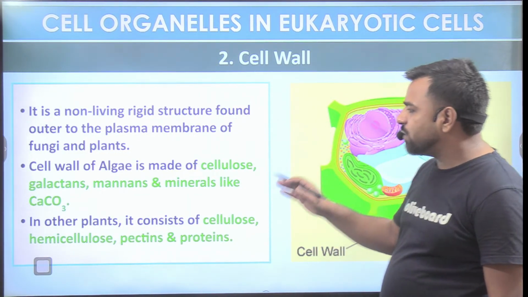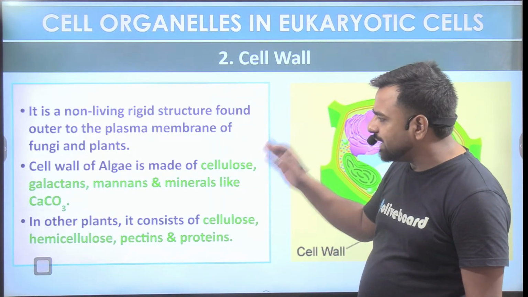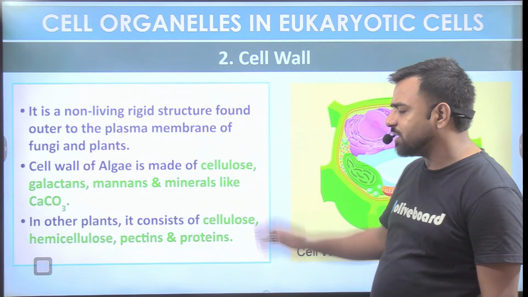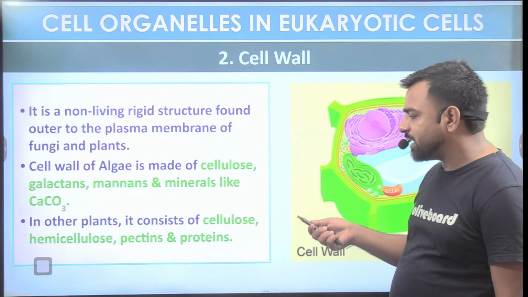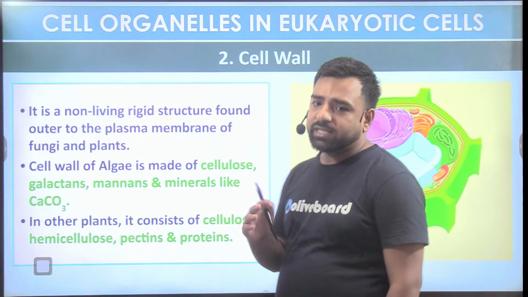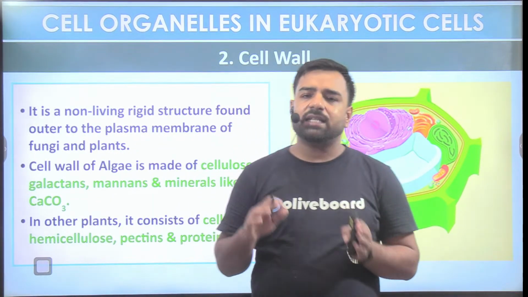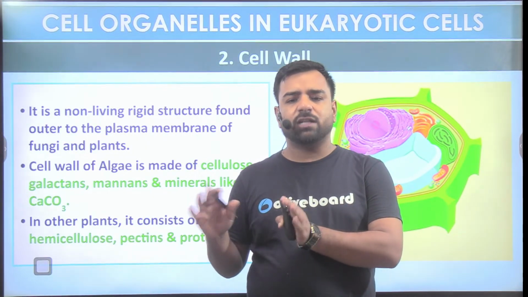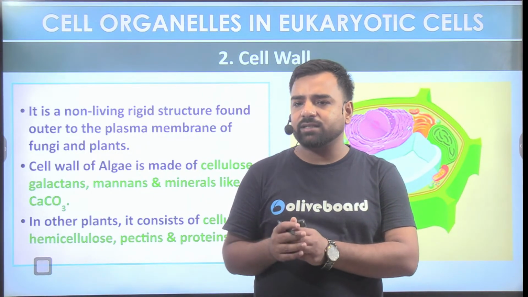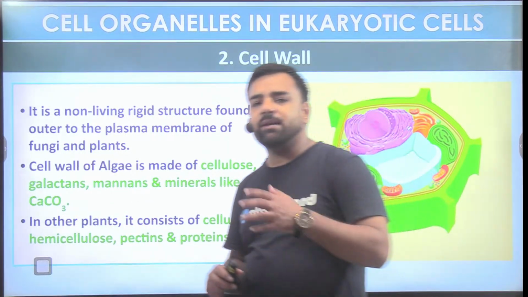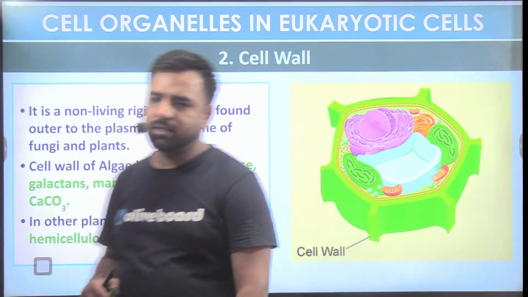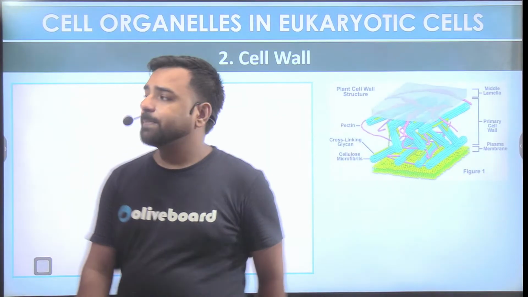The cell wall of algae is made up of cellulose, galactans, mannans and minerals like calcium carbonate. In the other plants, it consists of cellulose, hemicellulose, pectins and proteins. So yes, there's a difference. Algae's cell wall is made up of cellulose, no doubt, but galactans and mannans are also there. In plants, cellulose, hemicellulose and pectins are present. So that's okay. Proceeding further,